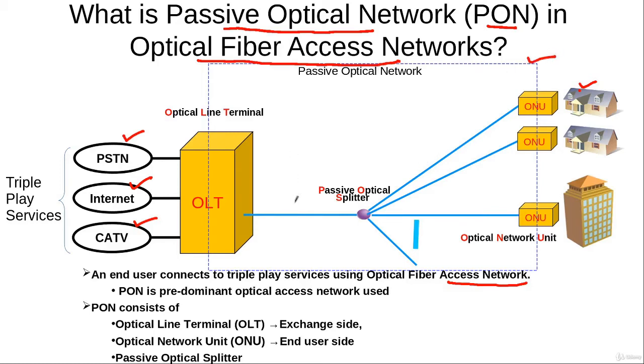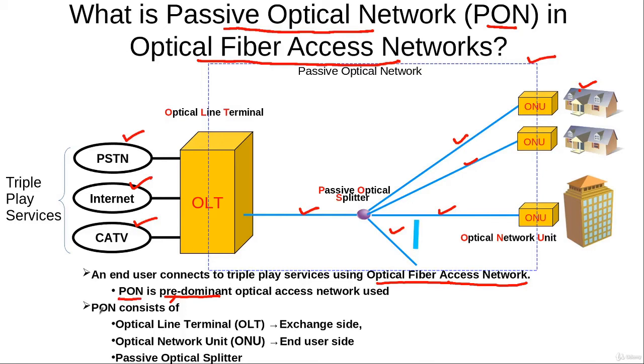And when optical fiber is being used in this access network for the communication, like in this case, we can see that there is an optical fiber here shown in the blue color, and here we can see that there are also optical fiber cables that are also shown in the blue color. So in that case, this access network is called the optical fiber access network. And the predominant technology that is being used all across the globe for the optical access networks is called the passive optical network technology or PON.